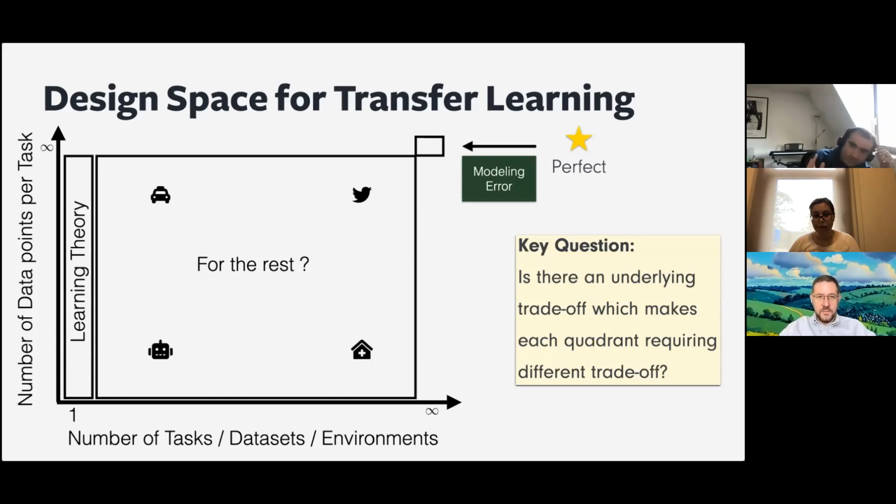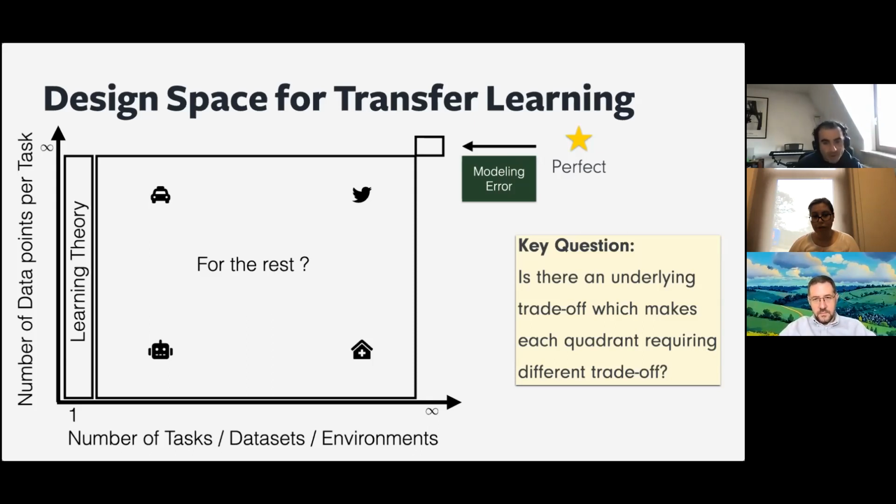But once you go to multitask learning, now you have a two-dimensional design space. You have the number of tasks on your x-axis and the number of data points on your y-axis. The question that this learning theory answers is only for the number of tasks equal to 1. We understand very well how the number of data points between 1 and infinity scales. But the question is, how does the rest of the entire design space matter?